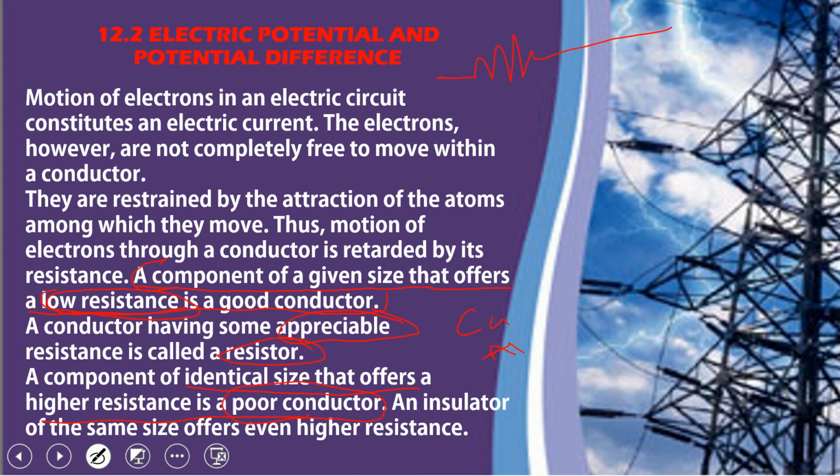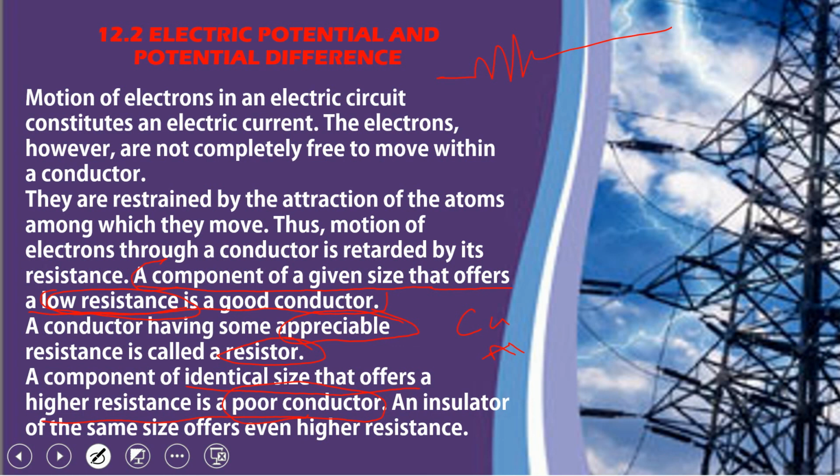Such poor conductors are used in electric irons and similar appliances, using alloys like nichrome. When the current passes through it, it requires much energy to pass through, and because of that it becomes very hot. That is why in geysers and electric irons we use high resistance poor conductors, or high resistance alloys.